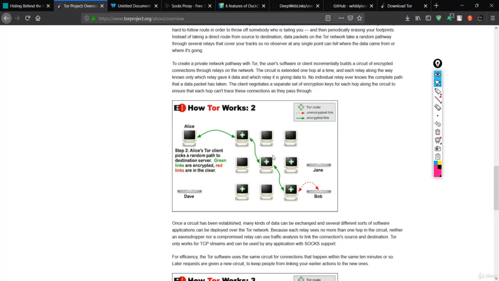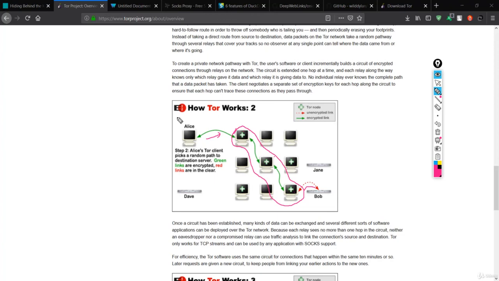You can see that these circuits are encrypted so that every layer has its encrypted and decrypted key. This is the encrypted circuit over here, and this part is your Tor node. This is your encrypted link, but this link is your unencrypted link, and these three are your Tor nodes.